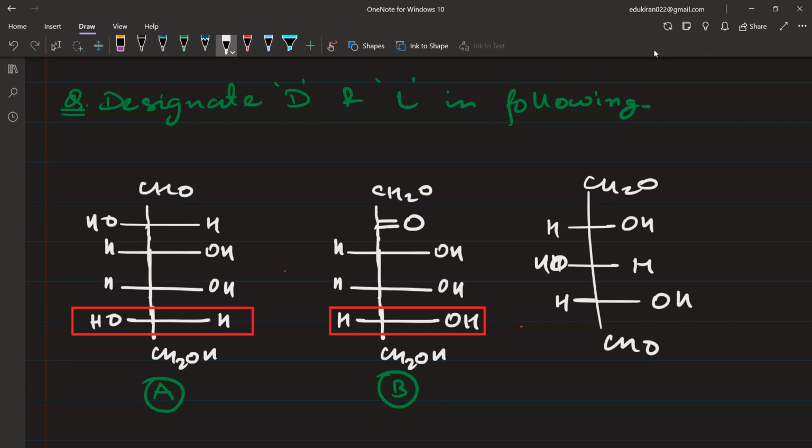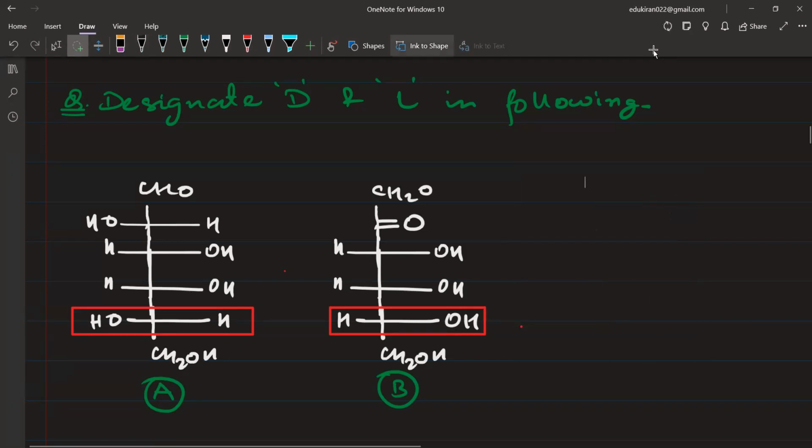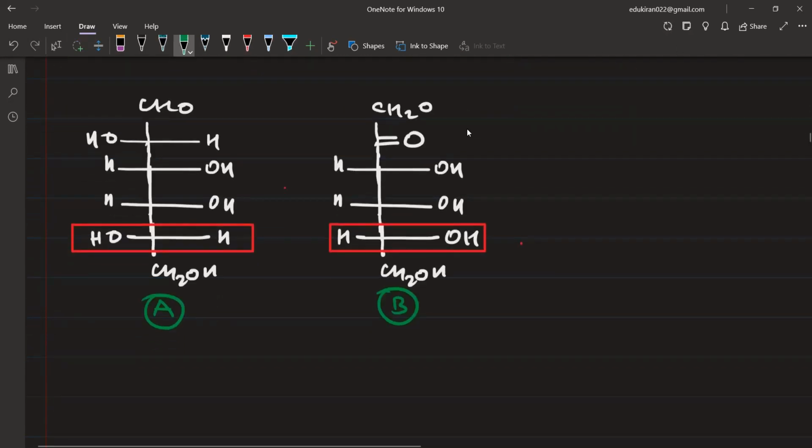ठीक है, तो यहाँ पे भी आपको क्या देखना रहता, यू लुक एट दिस कार्बन एटम सेकंड लास्ट, वन यहाँ से स्टार्ट होगा, बिकॉज ऑन द टॉप किसको लिखते हैं, ऑन द टॉप वी राइट द CHO, या फिर कीटोनिक ग्रुप सेकंड में आएगा। ठीक है, सो ऑलवेज लुक एट द पेनअल्टीमेट। पेनअल्टीमेट कहाँ से देखना है आपको, अपोजिट टू द एल्डिहाइडिक और द कीटोनिक ग्रुप। करेक्ट, वेरी गुड। तो यहाँ पे आपके पास दिस इज OH ऑन द लेफ्ट, दैट इज व्हाई इट इज गोइंग टू बी L।